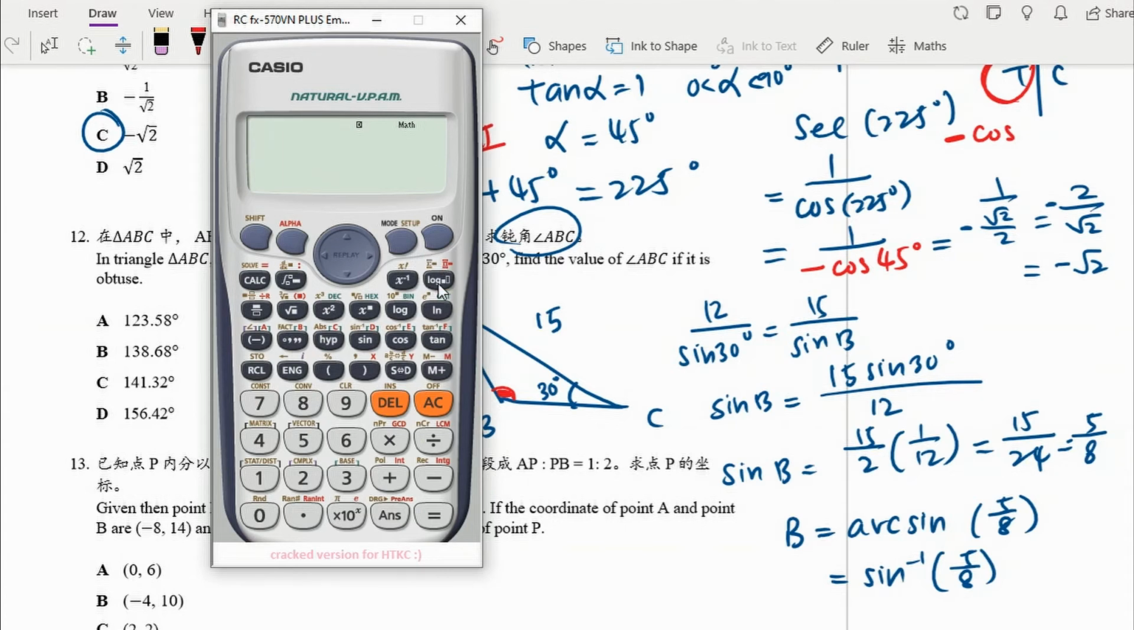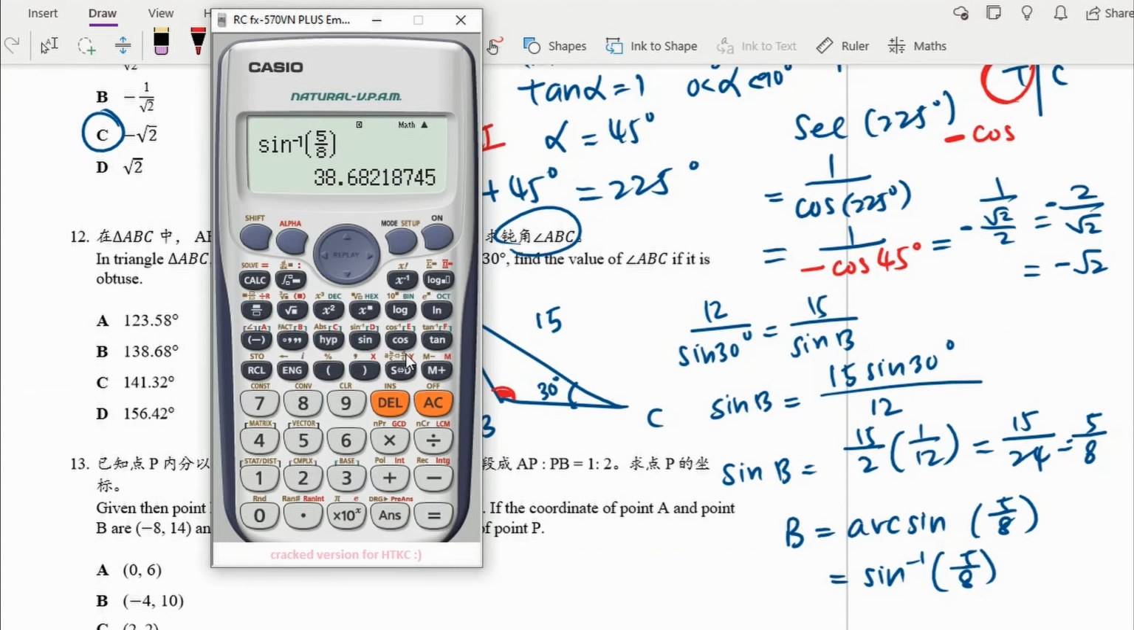or not sine negative 1. Sine negative 1 means 1 over sine, which is cosecant. I don't like to write in this form. It's very confusing. But anyway, in your calculator, it's written like that, right? Yeah, sadly. Never mind. 5 over 8